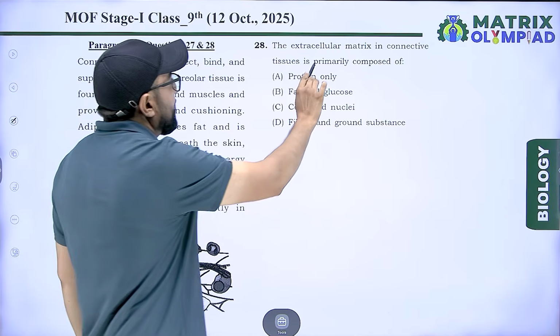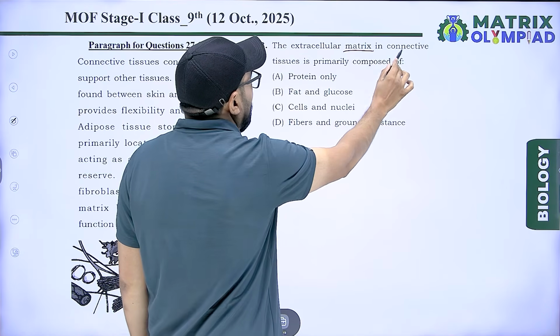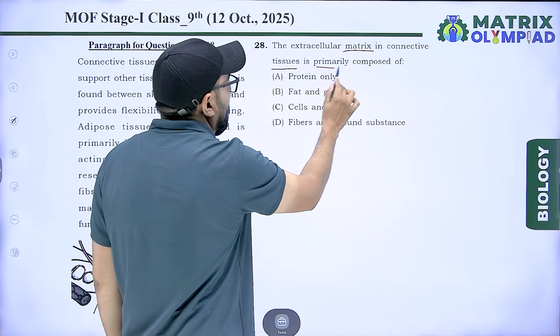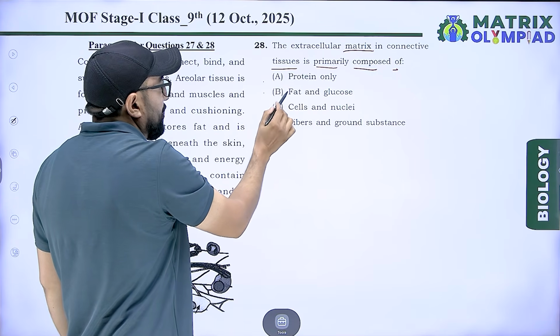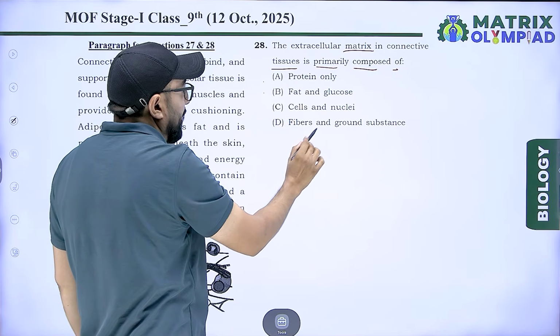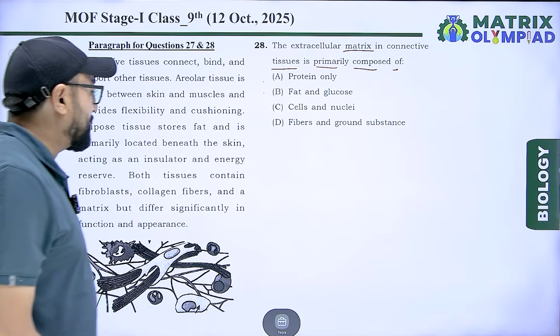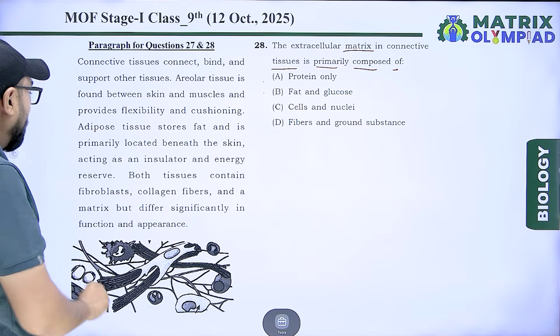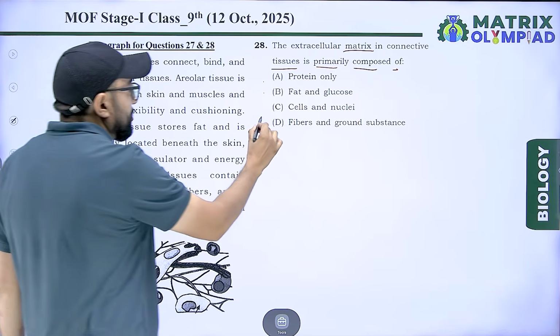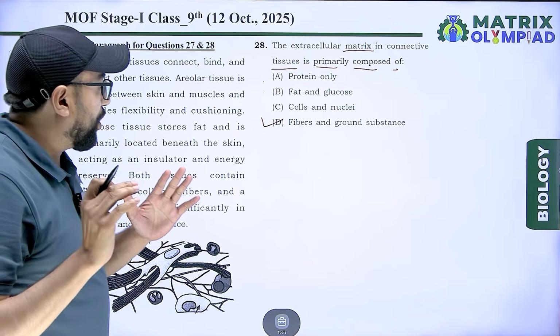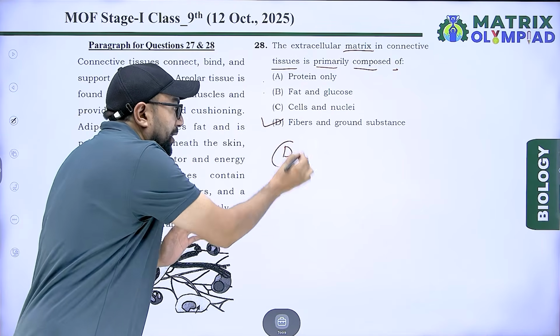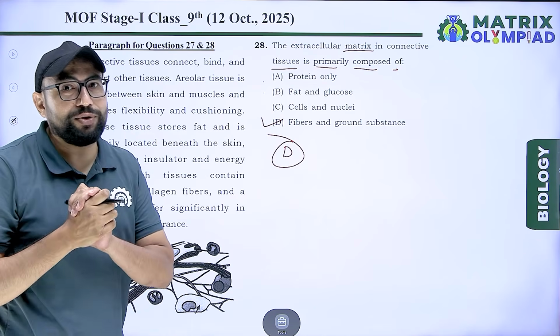Next, the extracellular matrix in connective tissue is primarily composed of protein, fat and glucose, cell and nuclei, or fiber and ground substances. Fiber and ground substances are present in the matrix. So, the right option is D. D is the right answer for this question. Next,